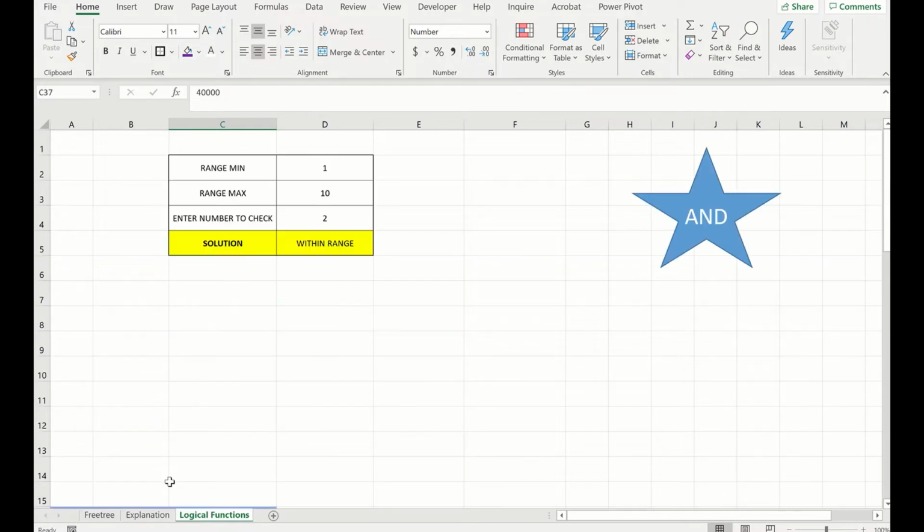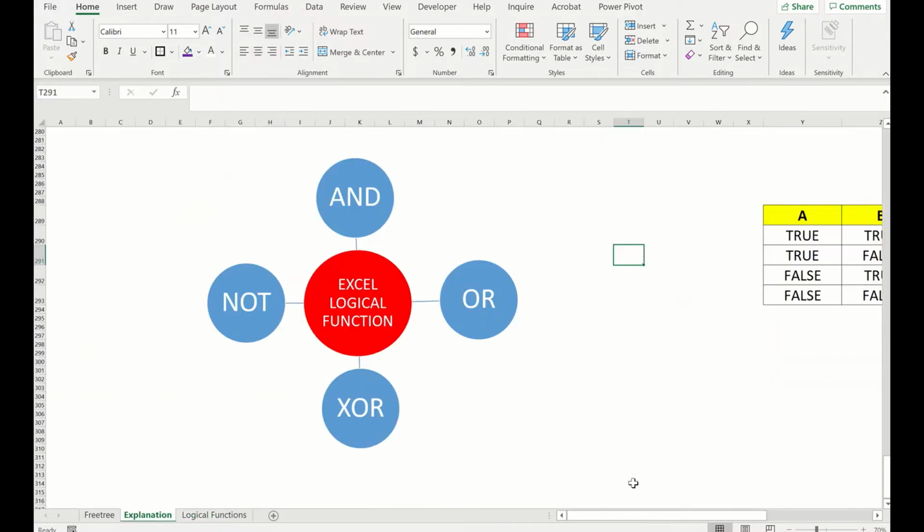Before we go into the explanation, let's roughly go through what we have. The basic Excel logical functions are AND, OR, XOR and NOT. We can also use a combination of these, for example NOT and AND, NOT and OR, and NOT with other functions in conjunction. Needless to say, these logical functions can go inside the IF function, and inside other functions also, as an enabler.